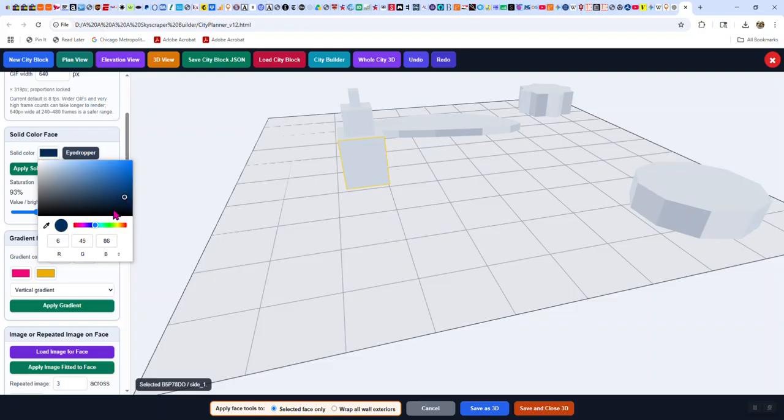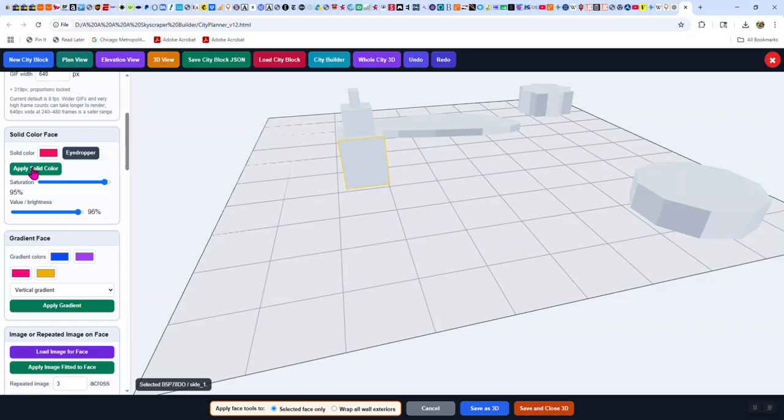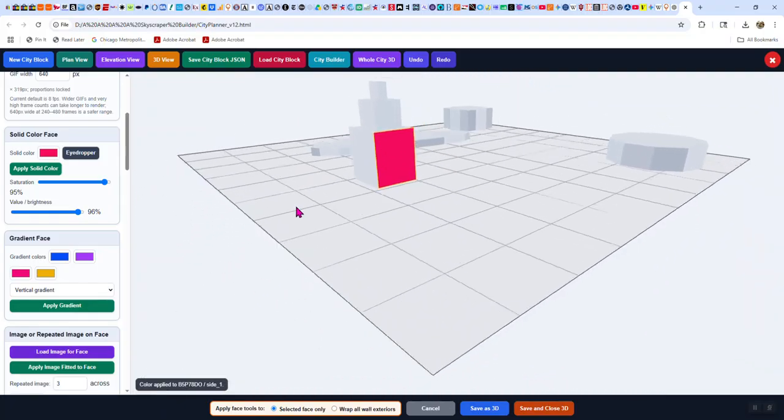I could make it a darker blue. I could make it over here, this would be white, this would be black. Keep it bright. Then here you can pick the hues, and you can probably enter the numbers too. And again, eyedropper in case there's a color on there you just want to reuse. So I'm going to make it like a pretty bright red. I can close that and apply it. And what I've got is one face was colored.